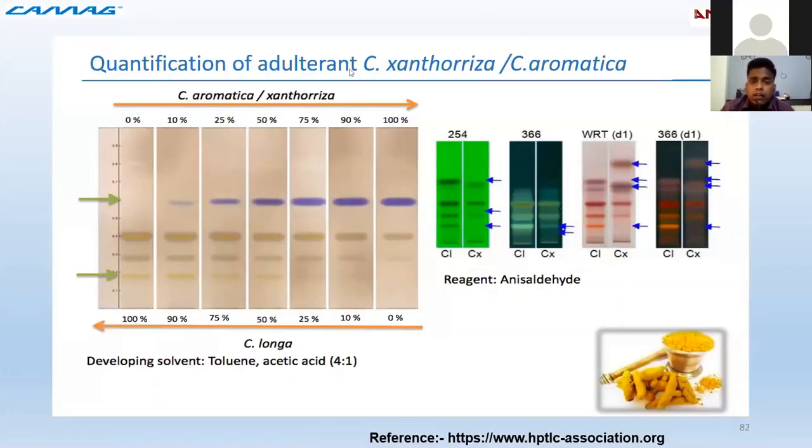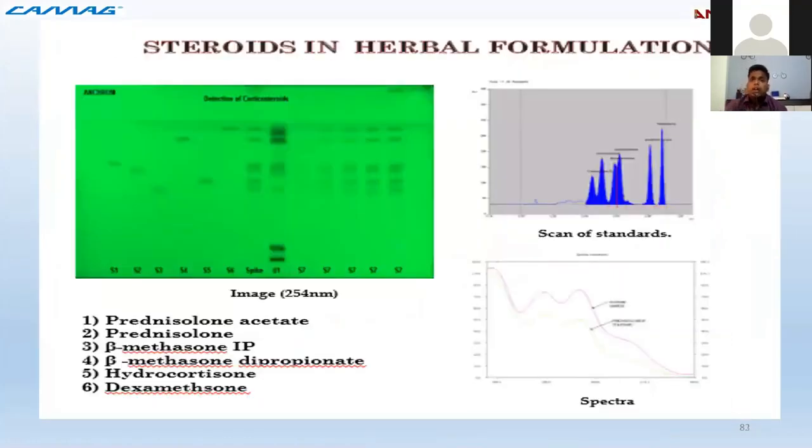Quantification of adulterant, C. xanthorrhiza or C. aromatica, in the sample. So this is the Curcuma longa sample. If any adulterant was added, you can do this adulterant study by using the HPTLC. Steroids in the herbal formulation. If steroids are present in any herbal formulation, that also you can identify. So this is the example of prednisolone, hydrocortisone. We can see